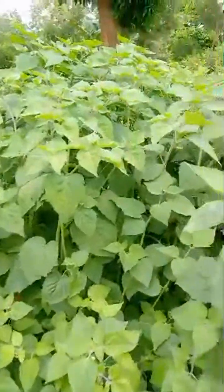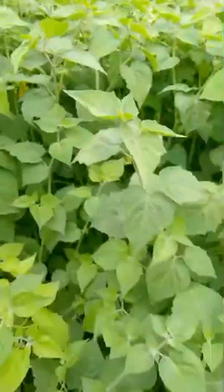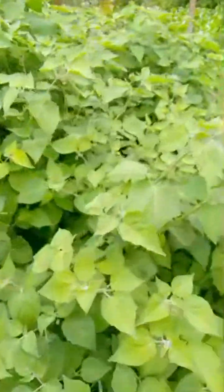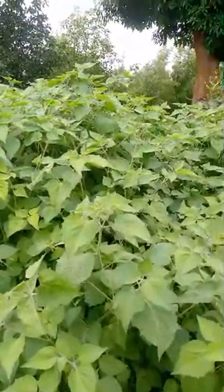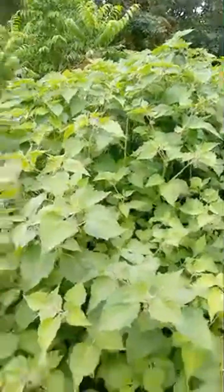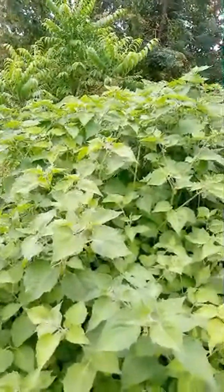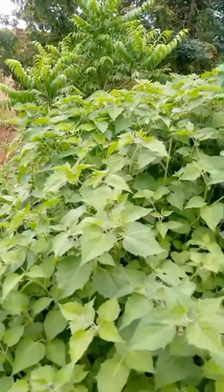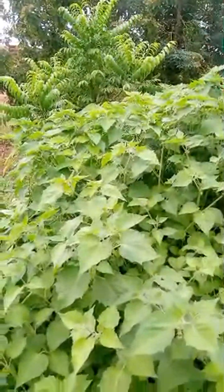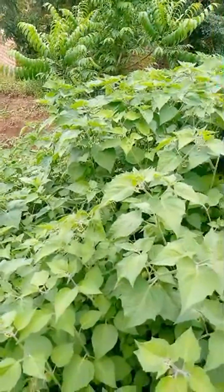As you can see, they are still flowering. We have some small flowers here, like this one. This is a flower. See, and they are many. I think they get harvested once if they produce, and you can plant new plants now. So if you plant, don't expect that they will produce the next year. I've not experienced it, but what I've been learning about gooseberries is they produce once and die. So even if they don't die, maybe next season they won't produce as well as the first season. So I think it's a nice idea that you uproot them